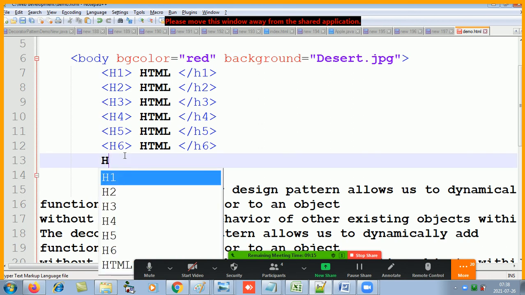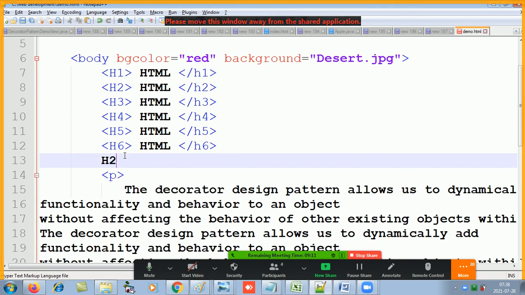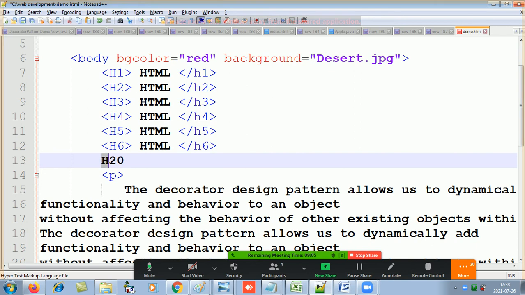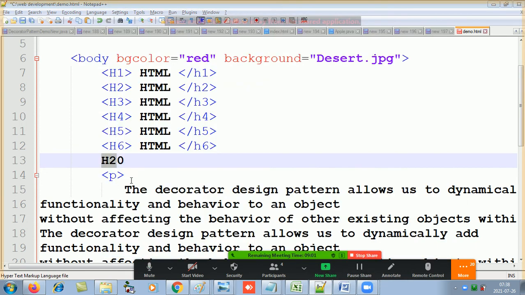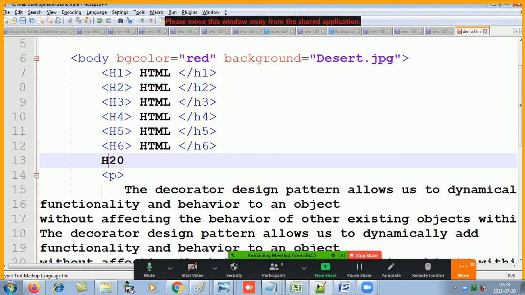Is it written like this? No, sir. The 2 goes slightly down, right? That is called the sub element.